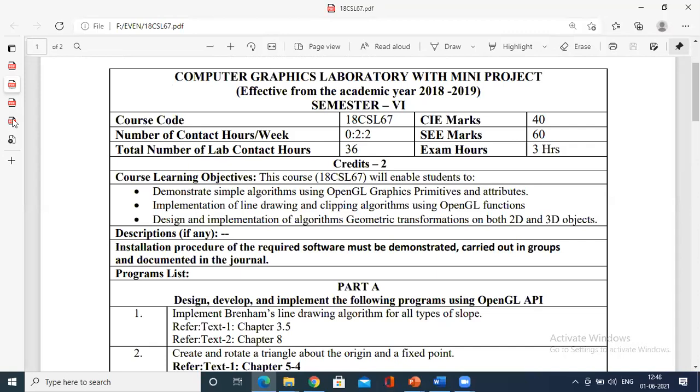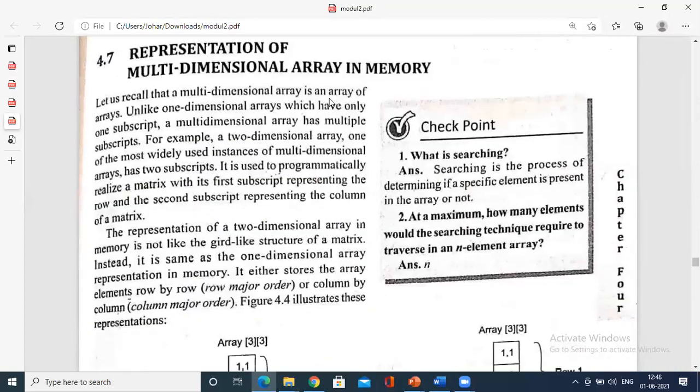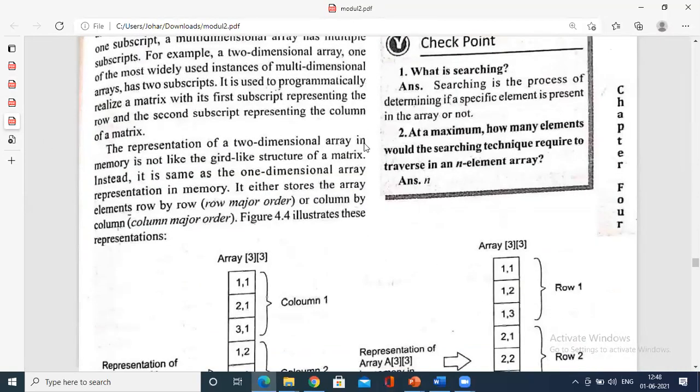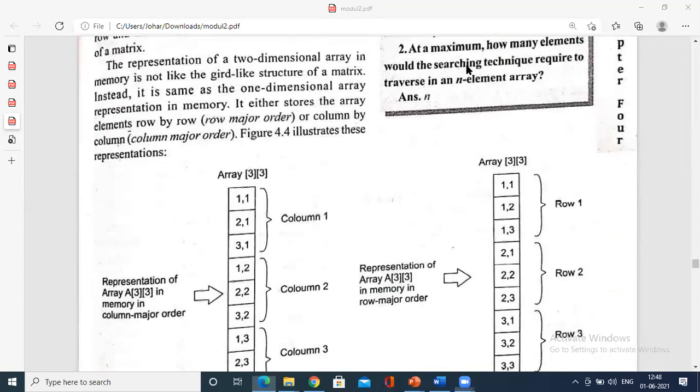Now coming to our concept, representation of a multi-dimensional array. A multi-dimensional array is always represented like this, of R C. This is the number of rows, this is the number of columns.